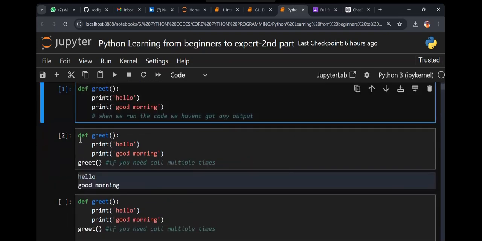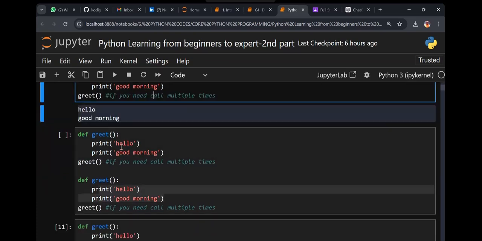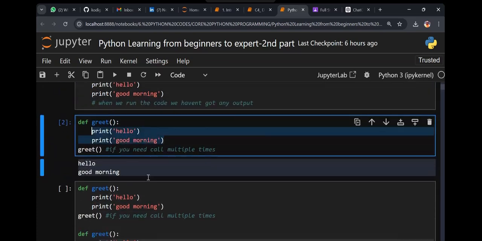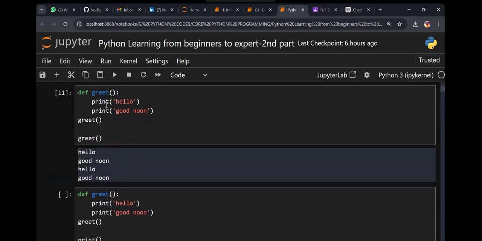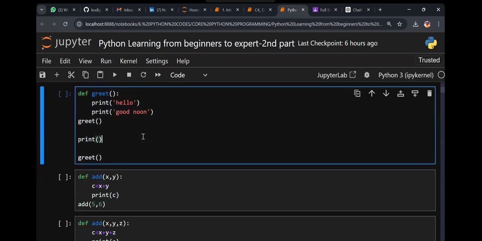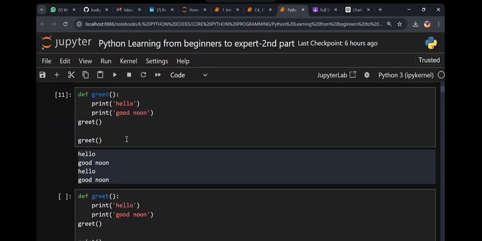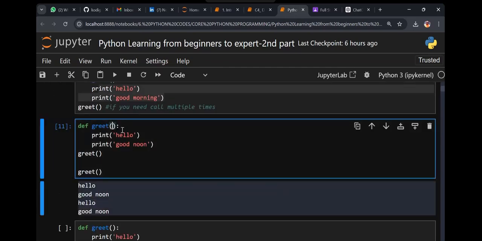Create a function, then define the function, call the function. Good. Now, if you want to call this statement 2 times, just define the function once, call the function twice. Are we clear so far? Okay, this part. Let's create another function, add. My question, in this function, did I pass any argument? Yes or no? No.